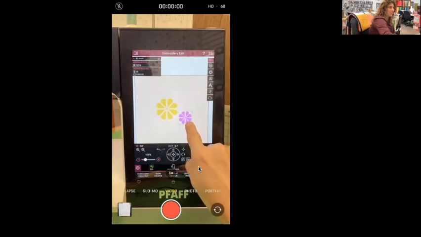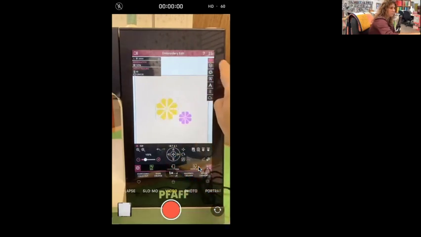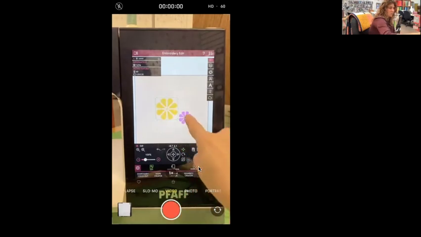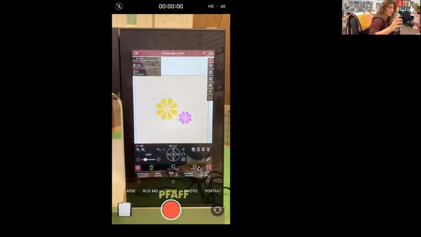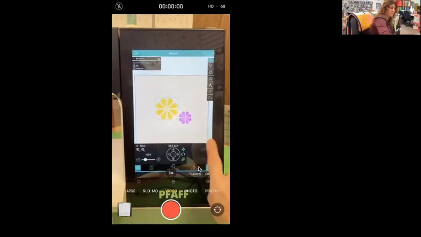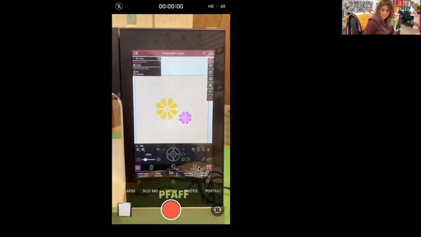This one we made bigger, but it kept the same amount of stitches. Oh, well, it's the total. But that's the difference between resize and scale. If you just touch and drag, you're going to just scale it and it's not going to add stitches. You have to go to that little 2 butterflies to get it to resize and add stitches or take stitches away, which is important if you're wanting it to, you know,